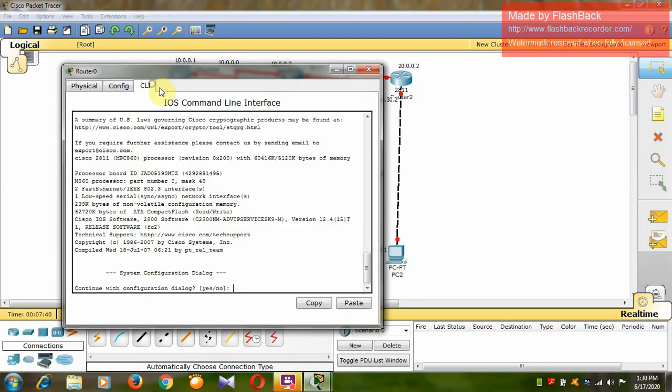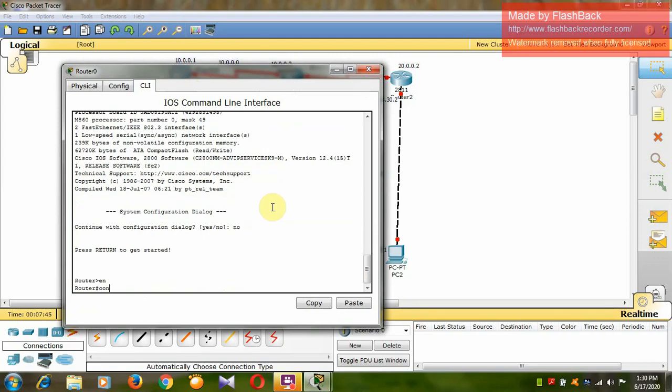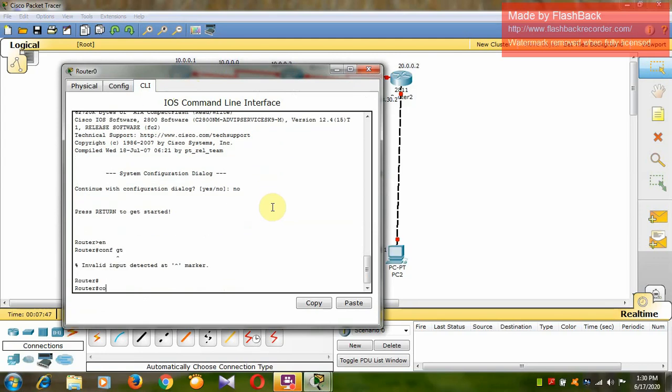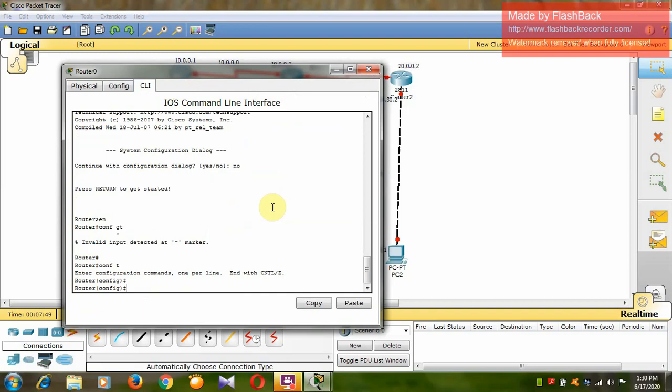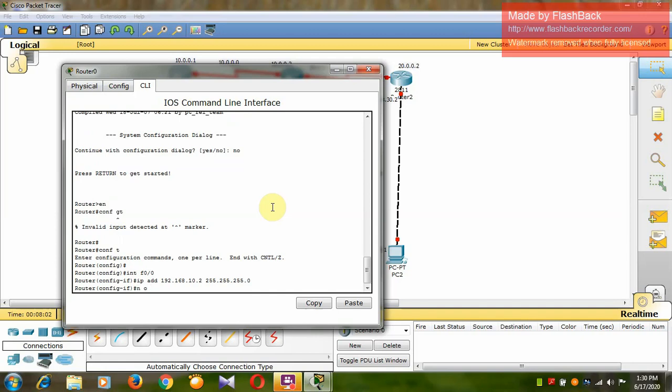Go to the command line interface: enable, configure terminal. Interface F0/0, IP address 192.168.10.2, 255.255.255.0, and no shut.